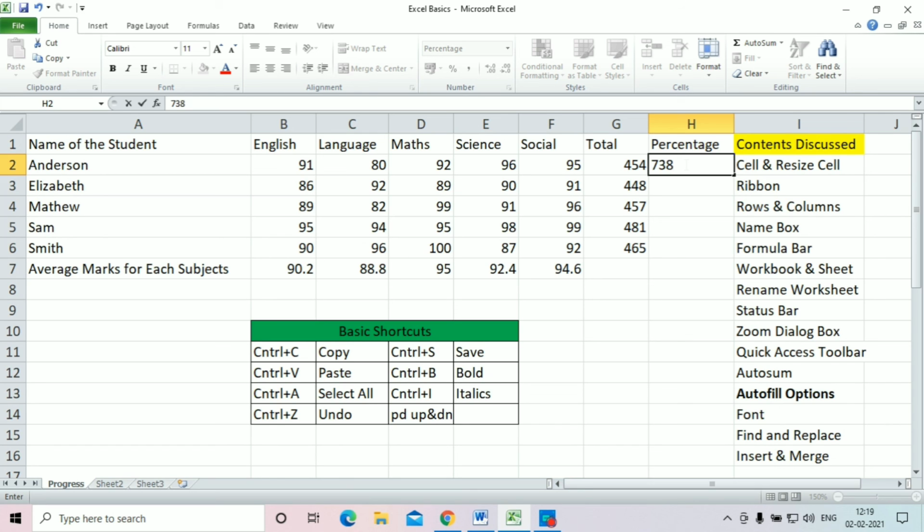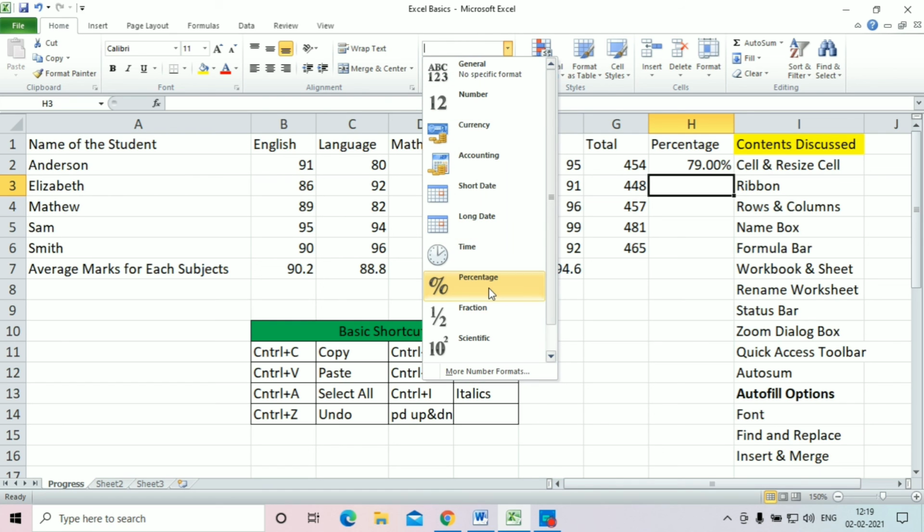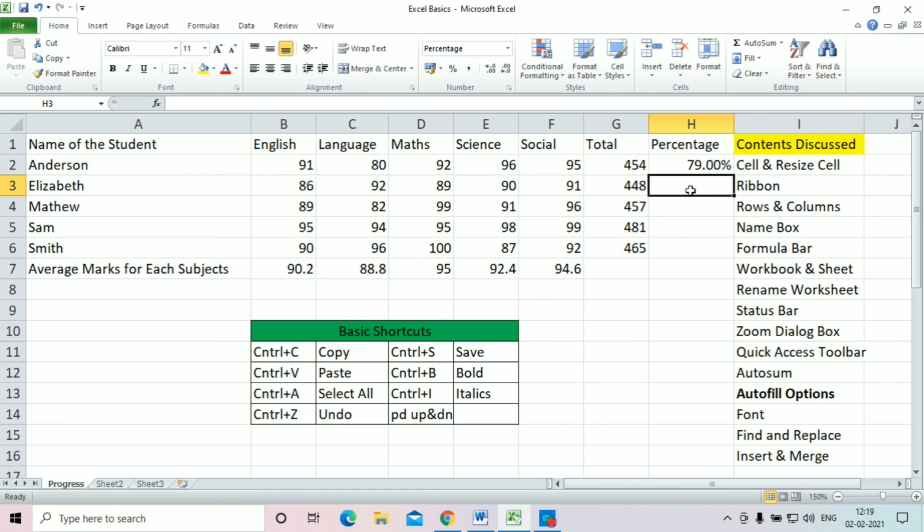Whatever number you fill in there will get the percentage symbol added, because this box was defaulted to percentage. Now you can see this box is defaulted to general. If you want to add a percentage, you can change it to percentage, and next time you fill this, it will pop up with the percentage symbol without you typing it.